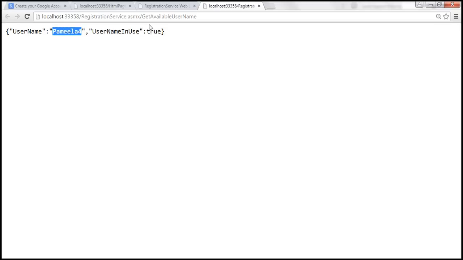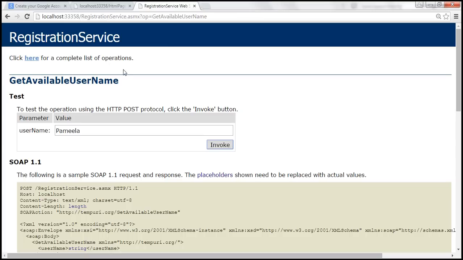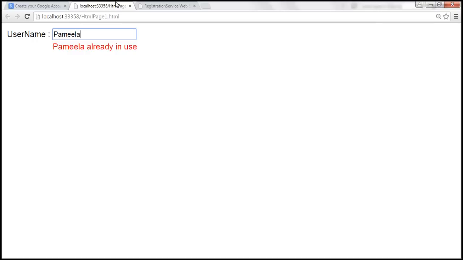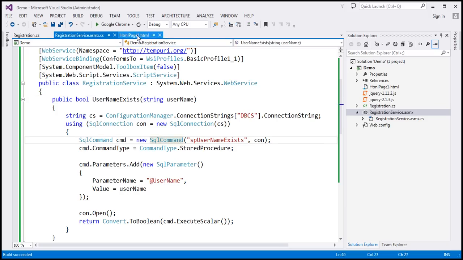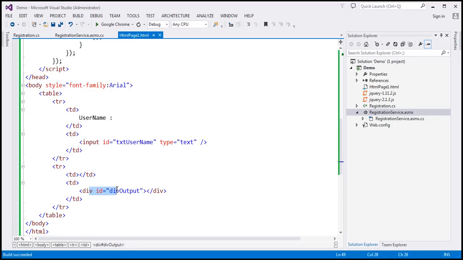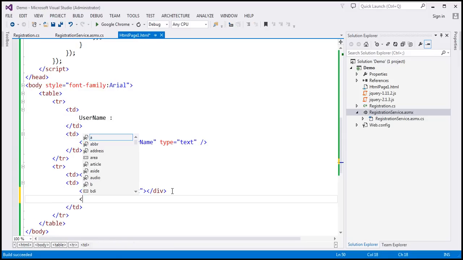Okay, so now all that is left is to actually call this web service method from the UI, using jQuery code. So let's go ahead and do that. Now here next to the div element, I'm going to include a span element. Let's give the span element an ID. I'm going to call this span available username,